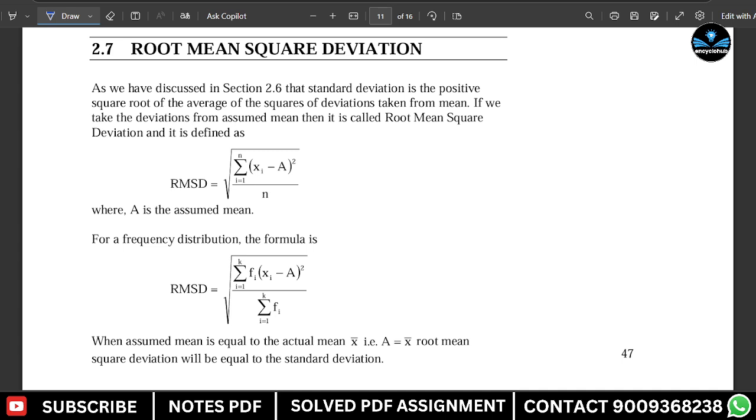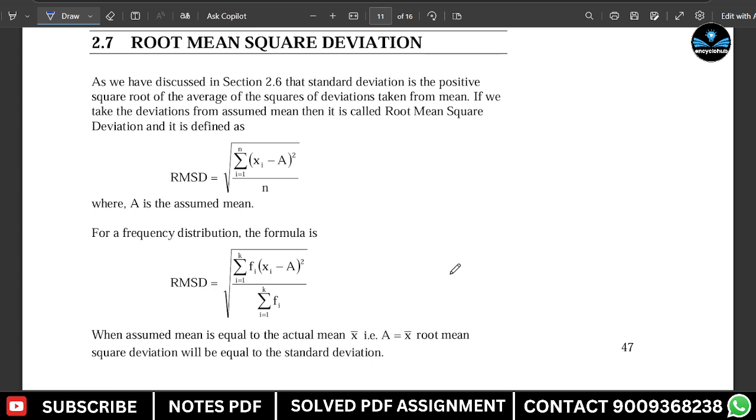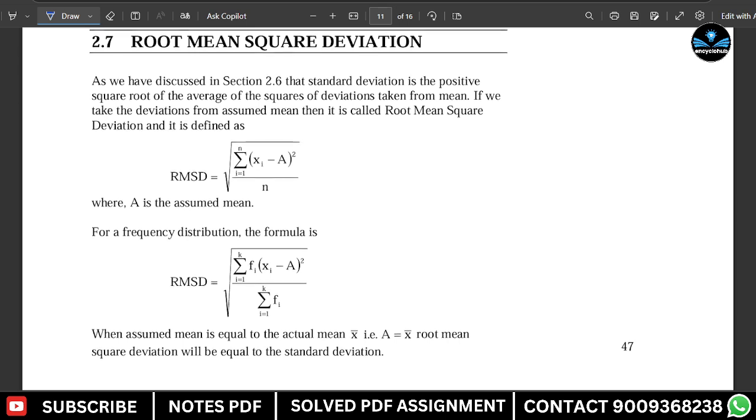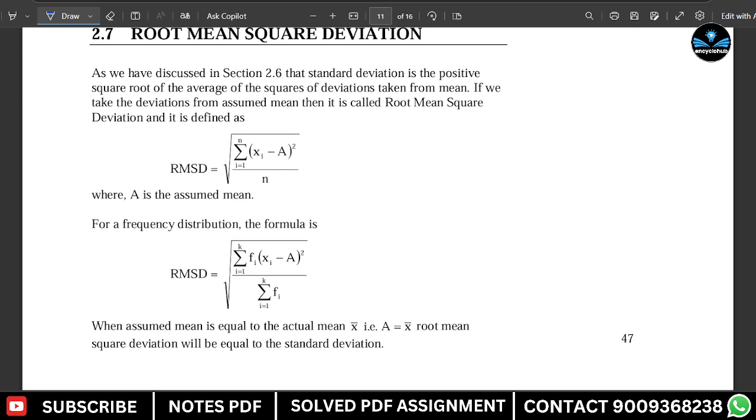In this video, we are discussing the root mean square deviation. As we have discussed in the previous notes about the standard deviation, that was the positive square root of the average of the squares of the deviation. But in this case, if we take the deviation from the assumed mean, then it is called the root mean